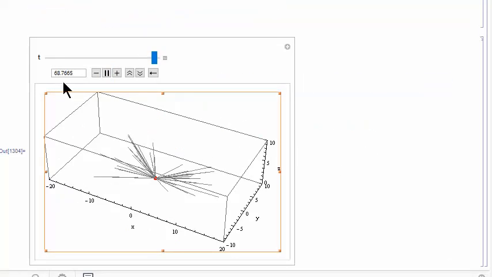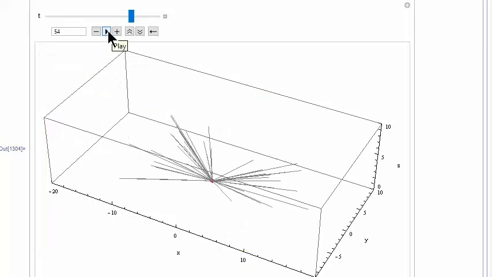The animation starts at 70 billion years ago and then slowly progresses. Material doesn't come out of the center all at once, but 2 or 3 pop out here and then more and more. At a little less than 54 billion years ago, you start to see the first trajectories. There comes a couple, and I'll just let that run.